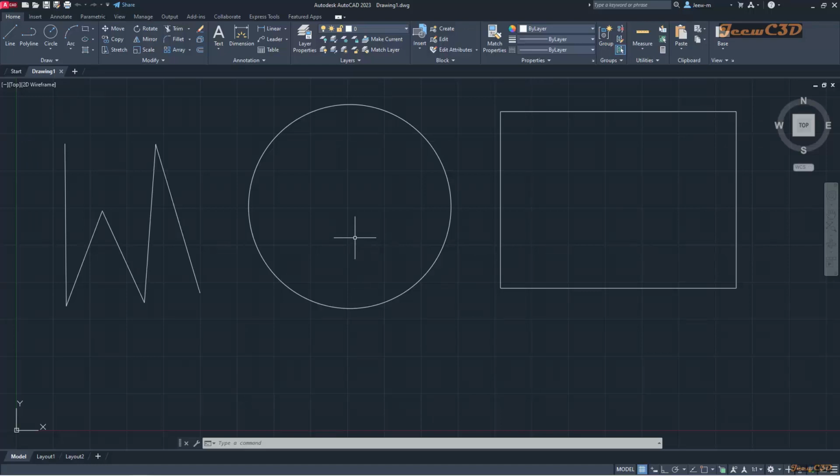Now we are going to talk about AutoCAD selection methods. There are three methods of selecting objects in AutoCAD. One is window selection, the other one is crossing selection, and the final one is lasso selection. For the window selection, you have to click your left mouse button at the left side, and